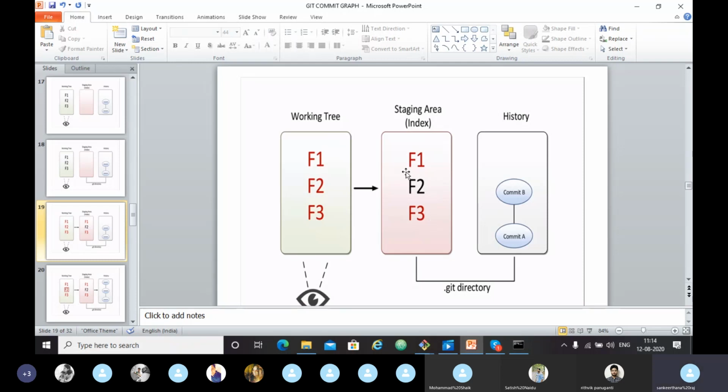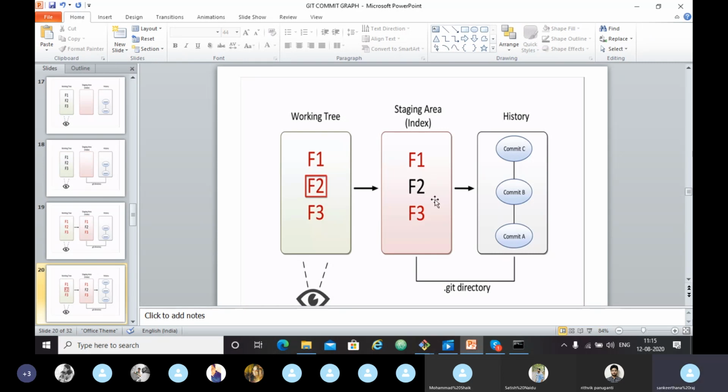When our staging area is right, we can make a commit. The file we left out will be included in the next commit, whenever you want. Whatever changes we make, it all goes to the working tree. From the staging area, if this is good, then we will make it a commit. That commit goes into the history. So these make up the .git hidden directory.